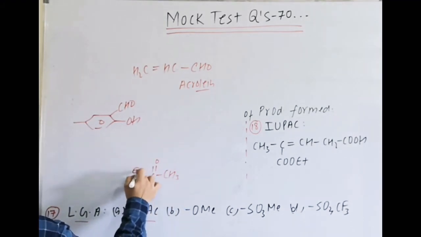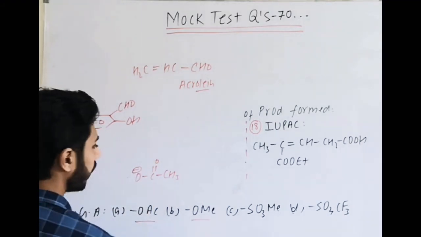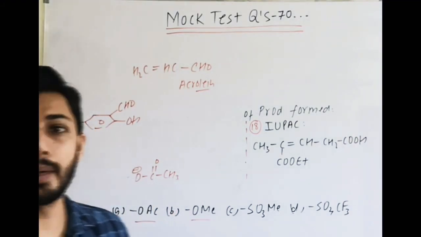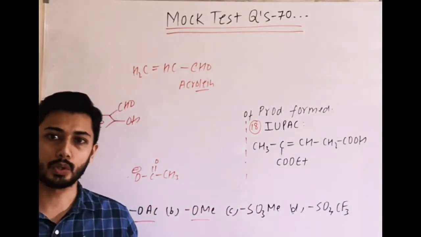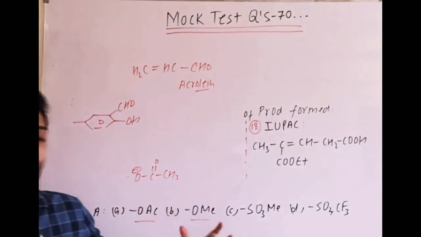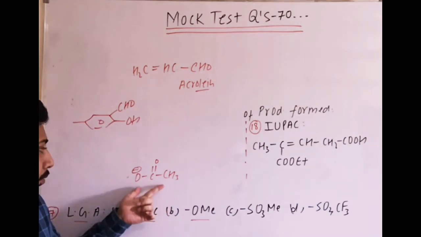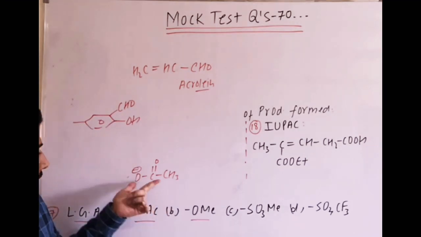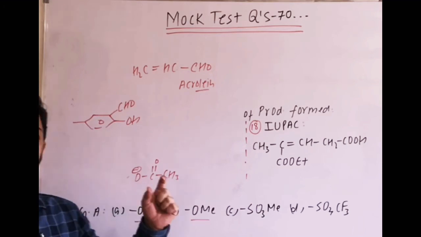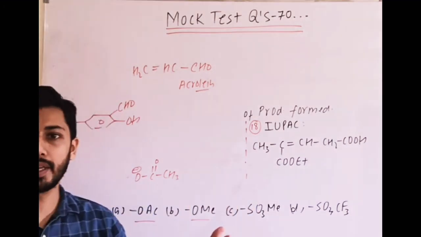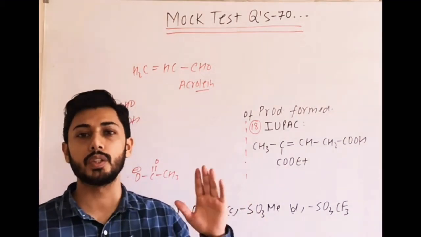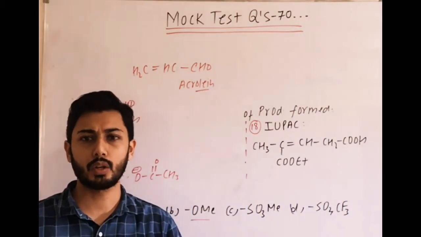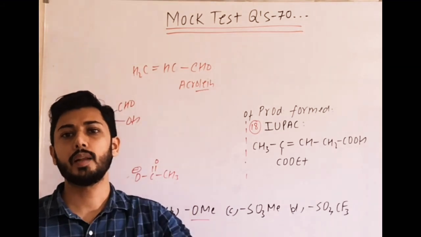Now after loss it becomes CH3COO minus. Similarly here, leaving group ability we can compare by this point: weak bases are better leaving groups, or where you get a more stabilized anionic part after leaving. This anion formed after the loss has a minus charge on the atom. If this anion is highly stable, it is considered a better leaving group. That is the concept: weak bases are better leaving groups.